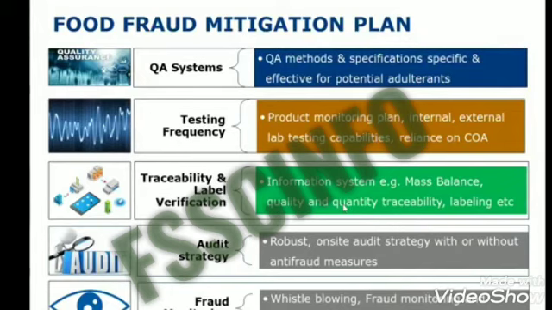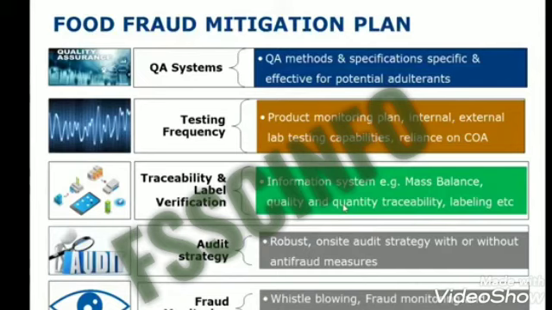The third is traceability. You must do the traceability. It means if you are ordering 400 bags, go and visit the supplier to see whether he can produce 400 bags or not. Just do a mass balance. Just do traceability drills. Quantity traceability and quality traceability, do both. And then the label verification. This is also very important because sometimes in retail brands, suppliers propose that you put this sign, put that our chicken is sourced from organic farms, but actually there is no organic farm behind. So just see your label and do label verification.